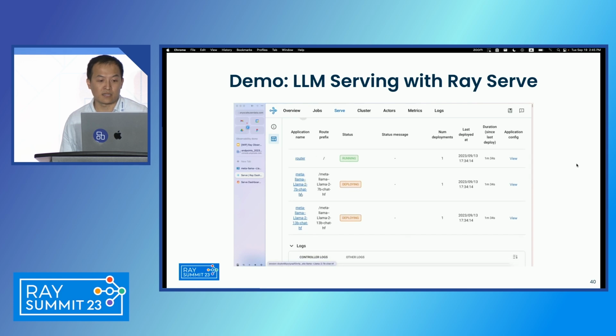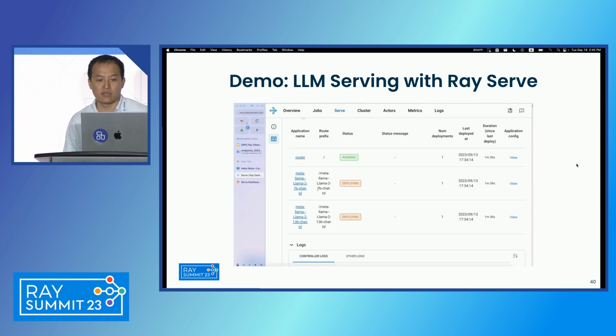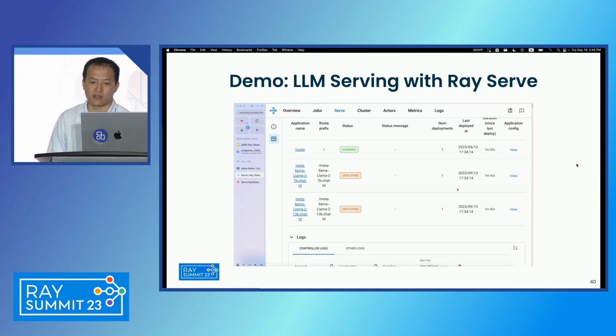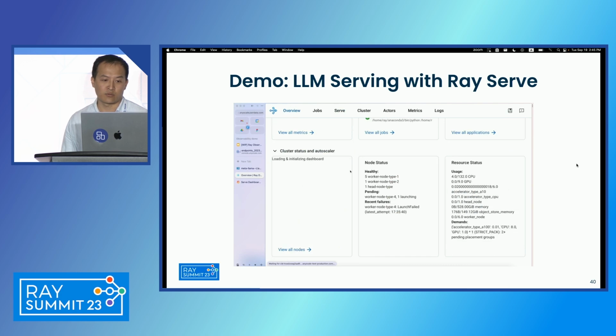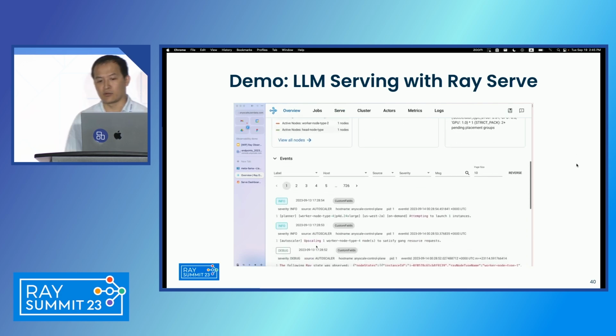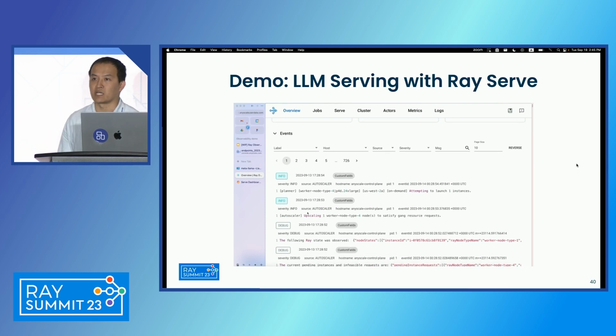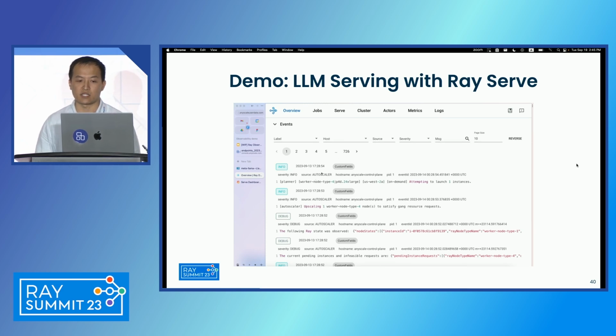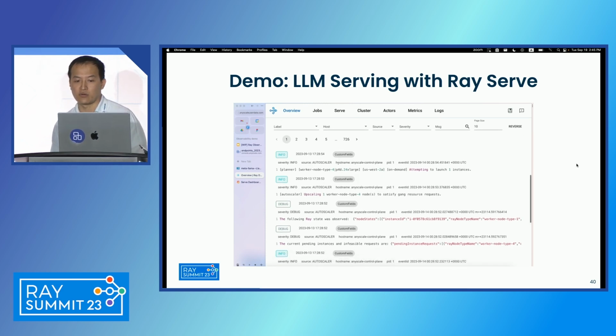We can see that the Llama 2 7B and the Llama 2 13B are taking a while to deploy, about a minute and a half. So let's try to figure out what's wrong. I'm going to go to the overview page, which will let me use the events component. This component is used by Ray to give information to users that might be important. In this case, the autoscaler component is giving us information that it's trying to launch a P4D 24xlarge